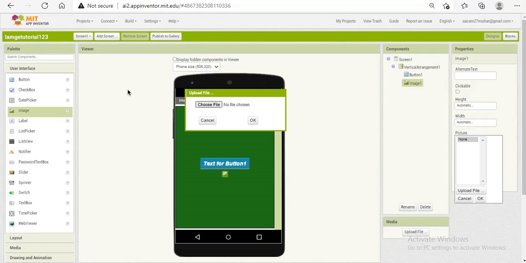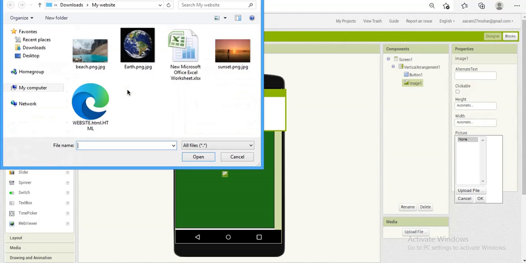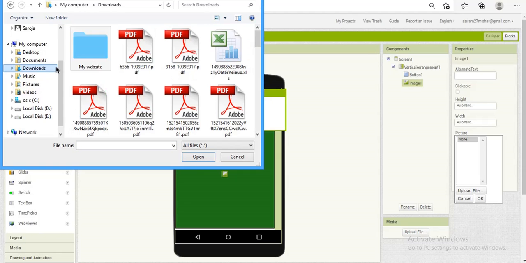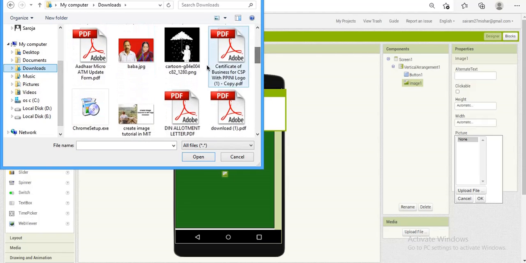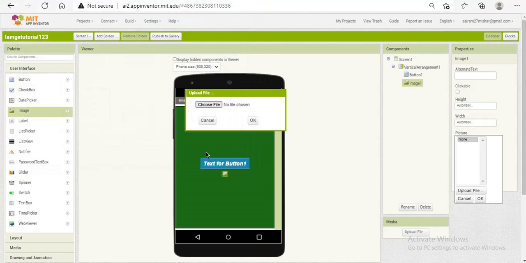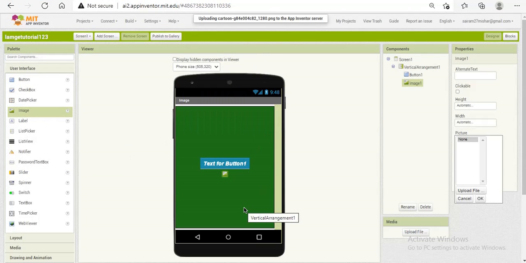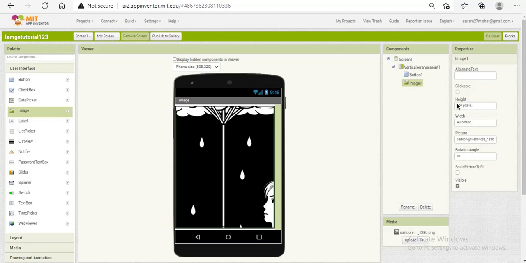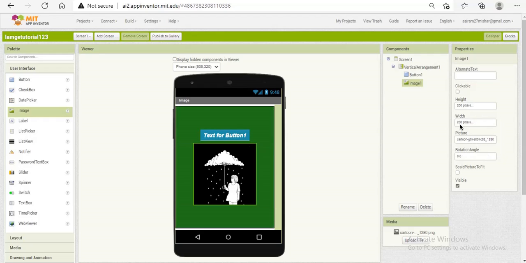If you're a Mac user, it opens automatically, and if you're a Windows user, it also opens automatically. I also downloaded some pictures from the internet, but right now I'm just using the one picture I recently downloaded, this one. Click open and click OK. You don't actually need to change height and width, but if it doesn't fit your mobile screen, please fit it by making it 200 pixels. Let's see if 200 pixels works. Yes, 200 pixels is fine.